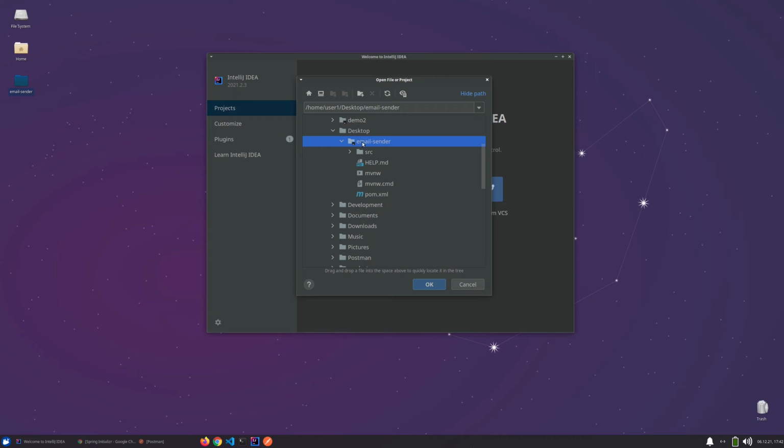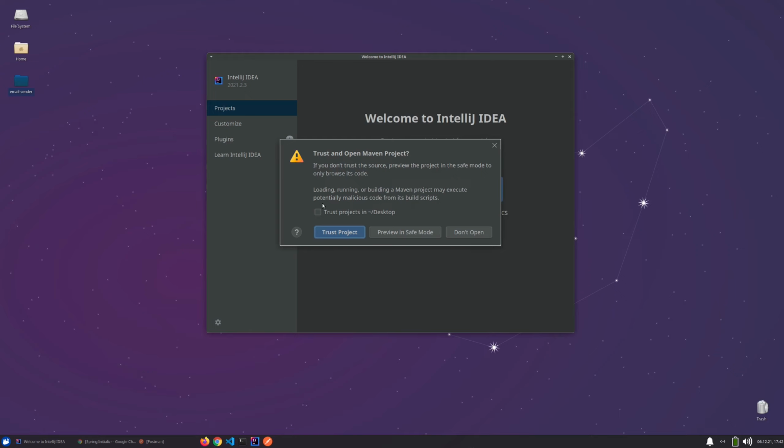So you want to click this one here on the outer folder. So for example, here the outer folder of the project is the email sender folder, and that's exactly where you want to click. So you click this thing and you click OK. And then this asks you, do you trust this project? Because it may have some scripts that are not really good to be run. For example, if you download it from an unknown source, but in this case we downloaded it from a source that we know